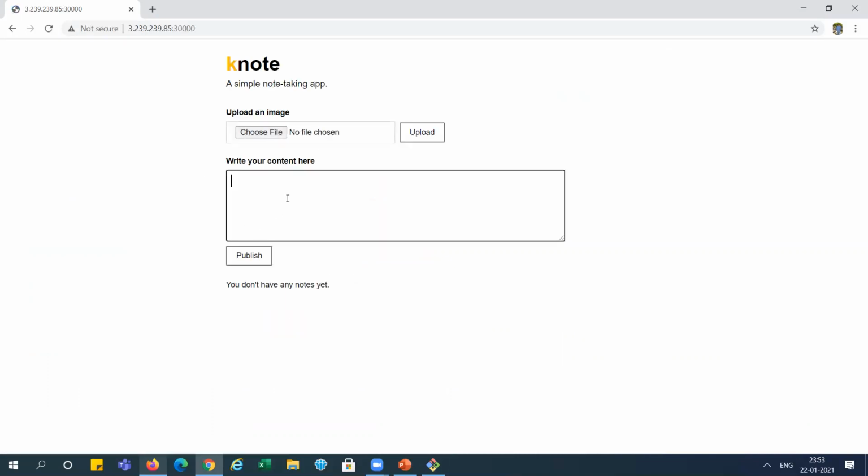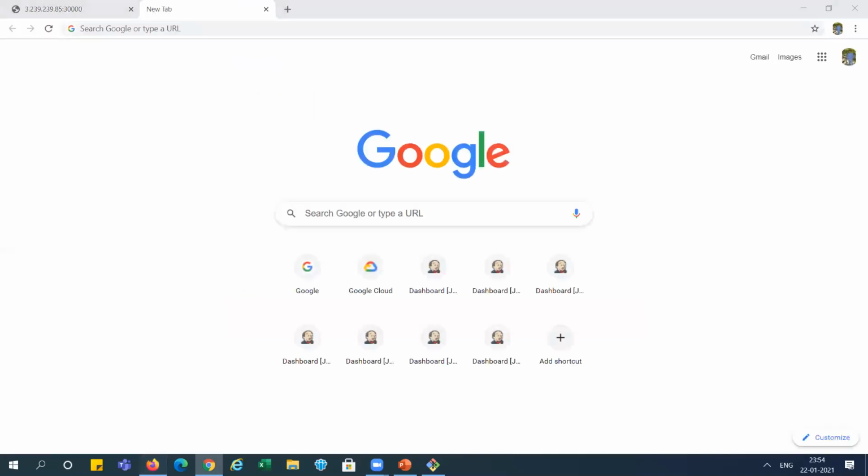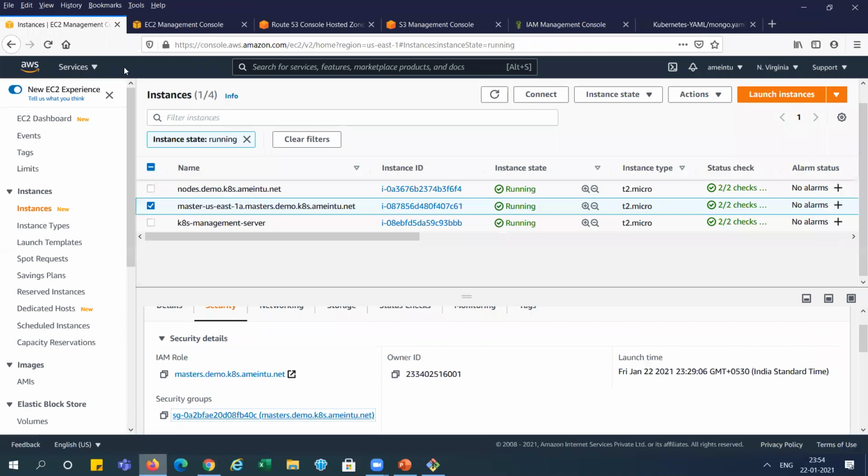See, so we are on the master server. So I'm writing master and publish. It is storing, the backend is storing in the database. So it will keep these things when we run it again, right? So let's check in the other nodes, other servers. We have run this on the master one, but we have two nodes, right? So first node,